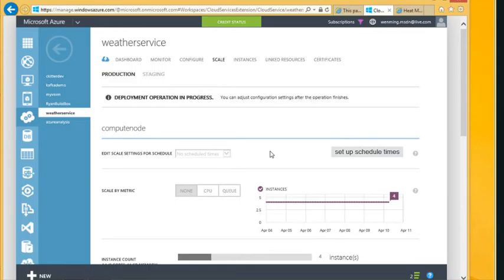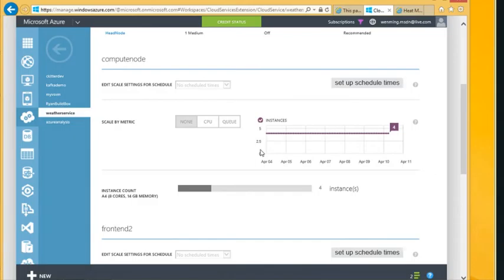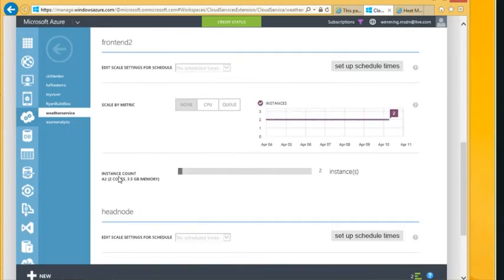you can move a slider and increase the number of instances that you can have. So for this particular service, I have 3 different types of instances. As you can see, there's an instance count of 4. This is the actual compute service. So the compute service does the heavy lifting. It does the actual web forecast for you. And then there are web instances, which is the front end. So I have 2 of them to allow the SLA to be really good at 99.95%. It doesn't really help if you turn off the service, so I'm actually redeploying it again.